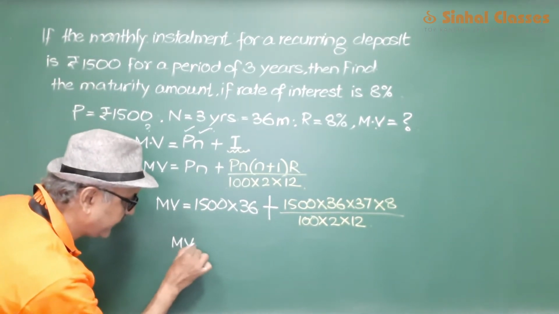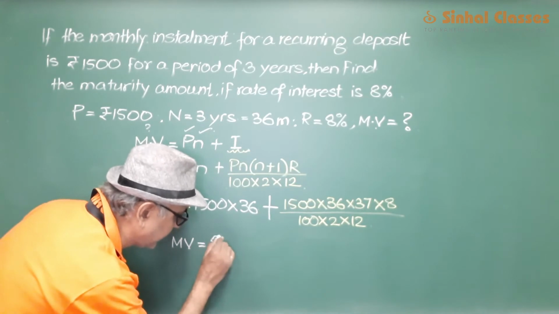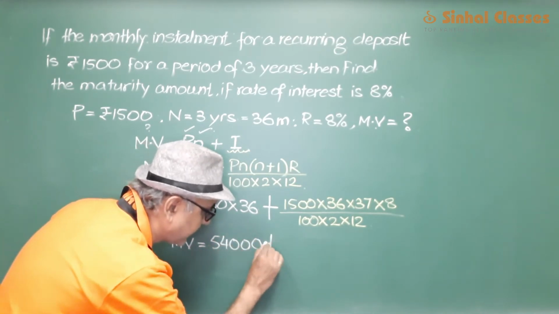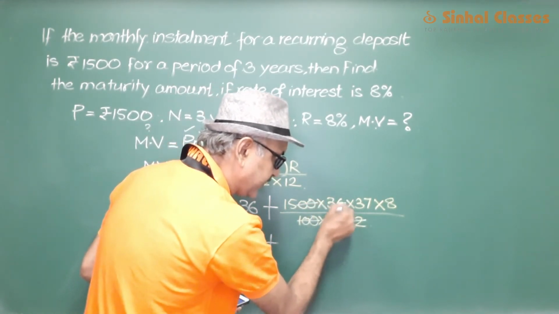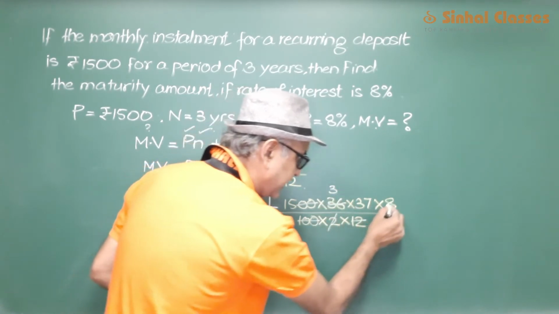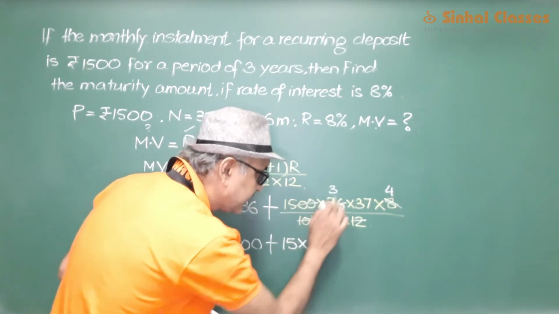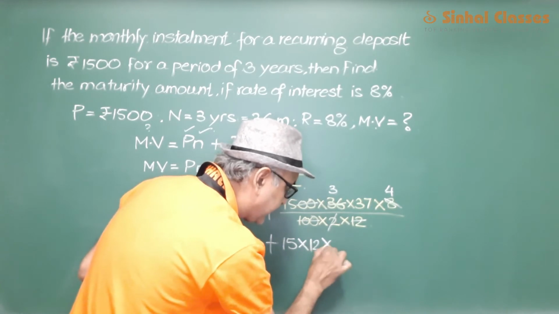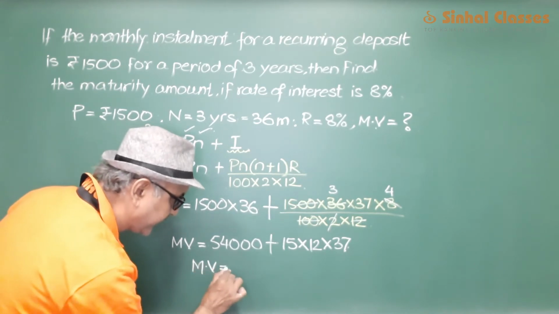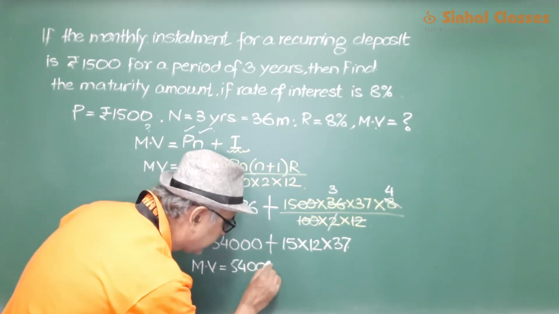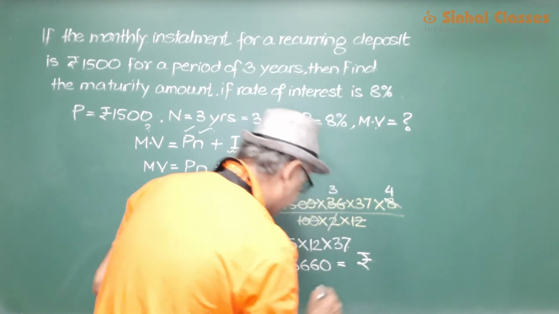So maturity value is equal to, you can start cancellations, 54,000 plus, this 2 zeros gets cancelled, 12 ones are, 12 threes are, 2 ones are, 2 fours are, so you are left with 15, 3 fours are 12 into 37, so the maturity value is 660, and the final answer is